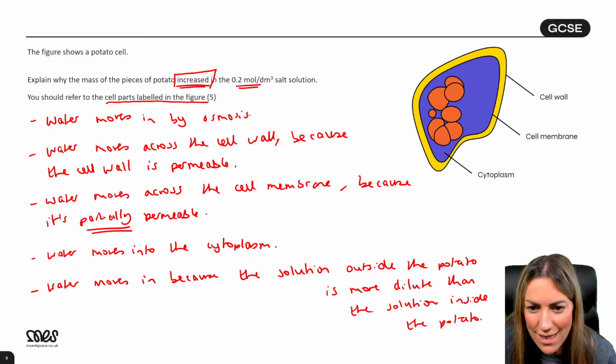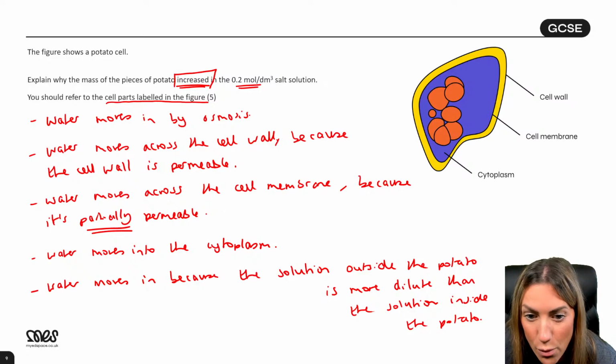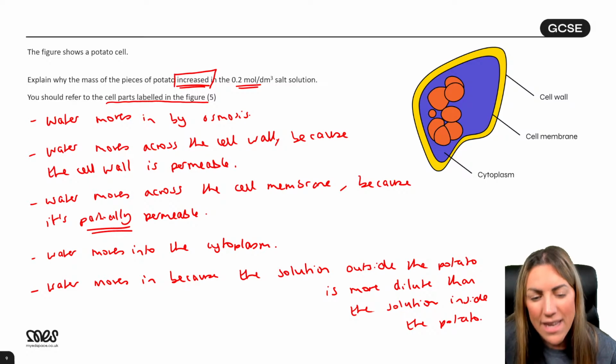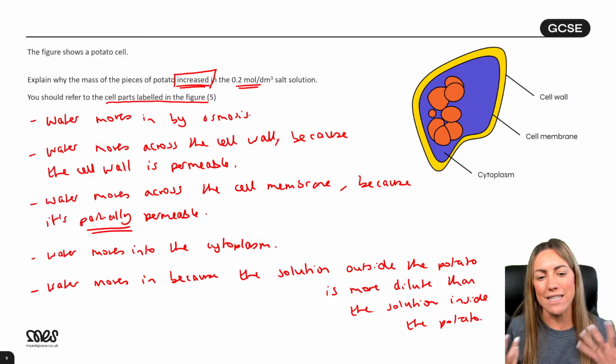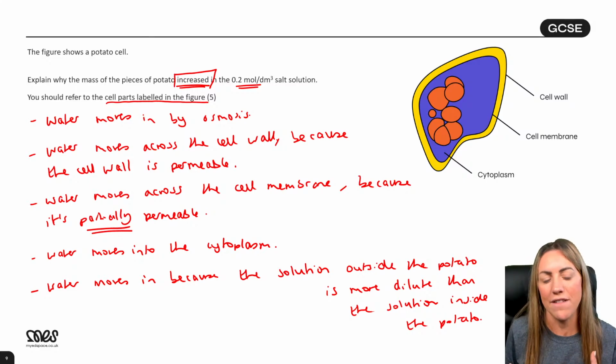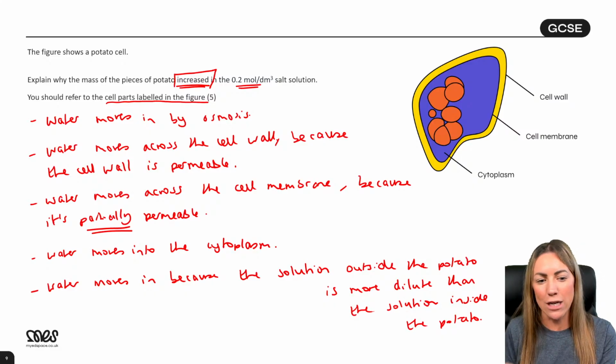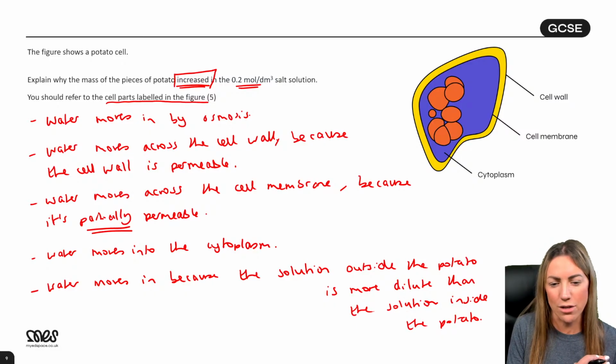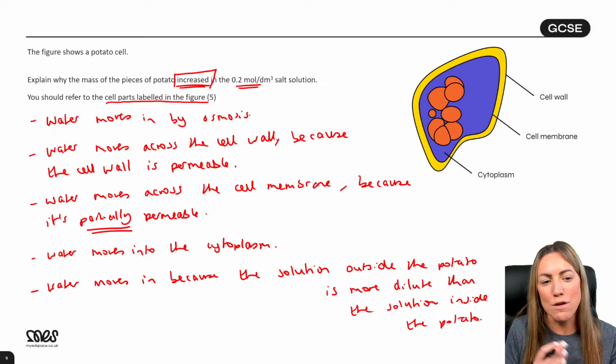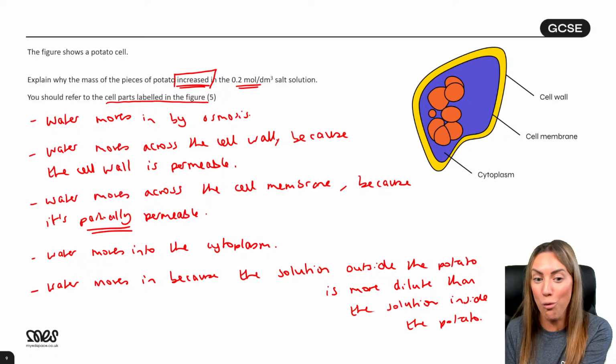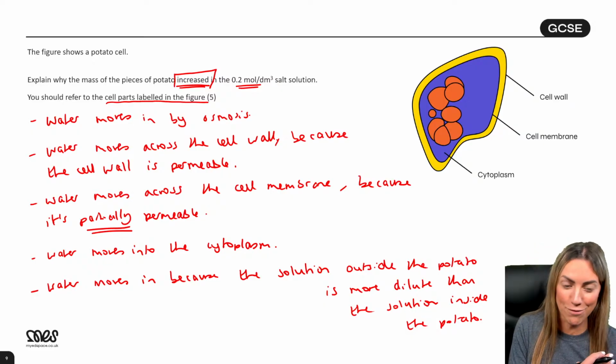Let me check your other answers. The concentration is lower inside the cell. That would be fine as well, Abby, because I'm assuming you're talking about the concentration of solute. There's a lower concentration of water inside the potato than outside. That would be fine as well. It always causes confusion because different teachers teach different definitions of osmosis. So some of you will be saying it moves from a dilute to a concentrated solution. Some of you will be saying it moves from a higher concentration of water to a lower concentration of water.